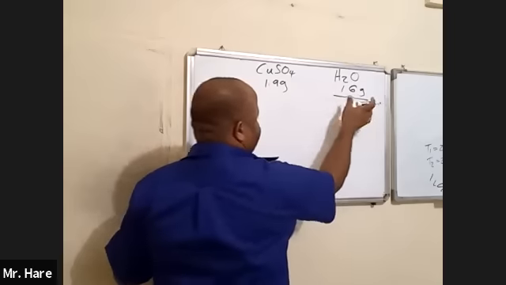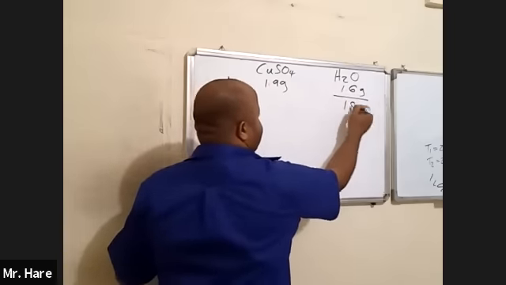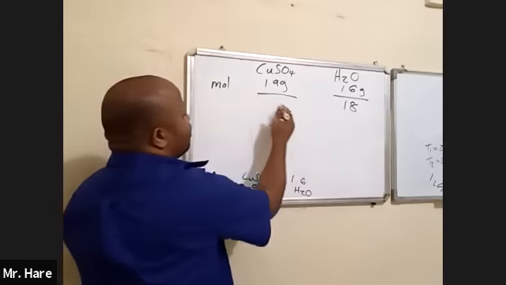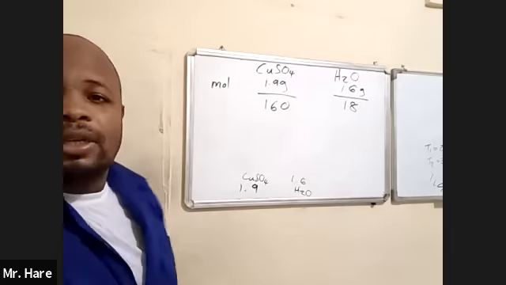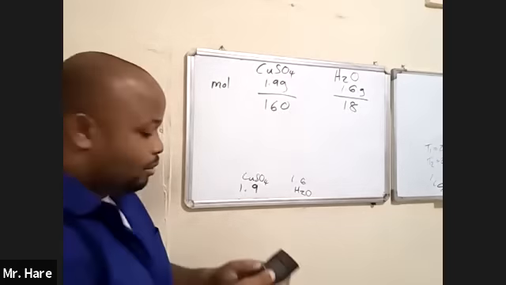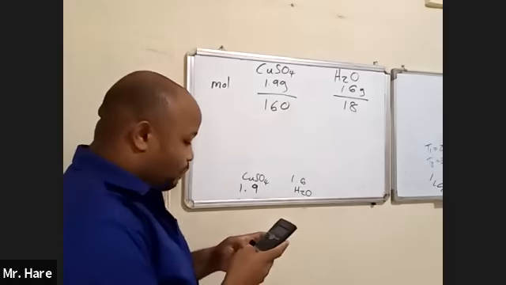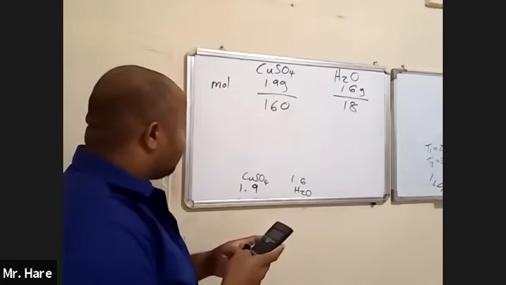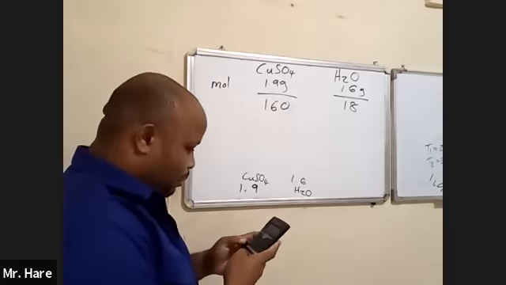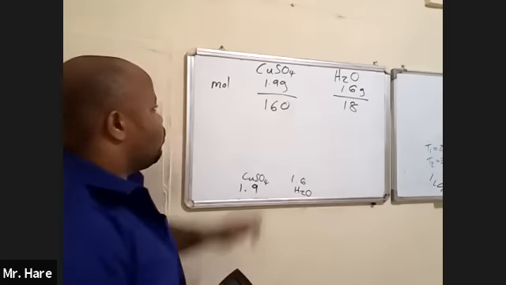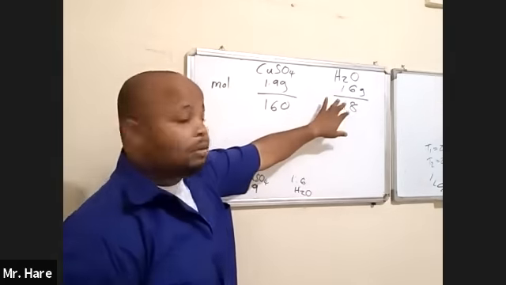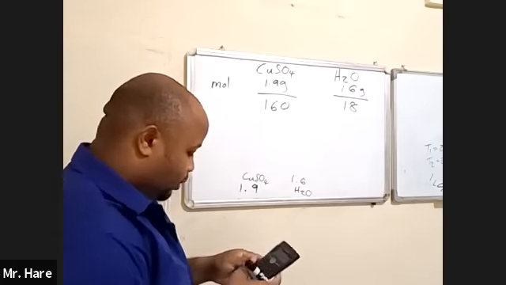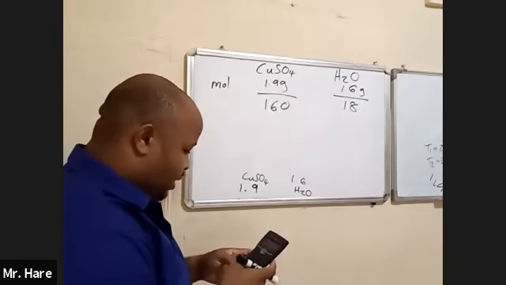The molar mass for water is 18. If I remember correctly, I think copper sulfate is supposed to be 160, but let us check. So copper is 64, plus 32, plus 64, 160. All right. So we're going to calculate the moles of copper sulfate and the moles of water. So 1.9 divided by,